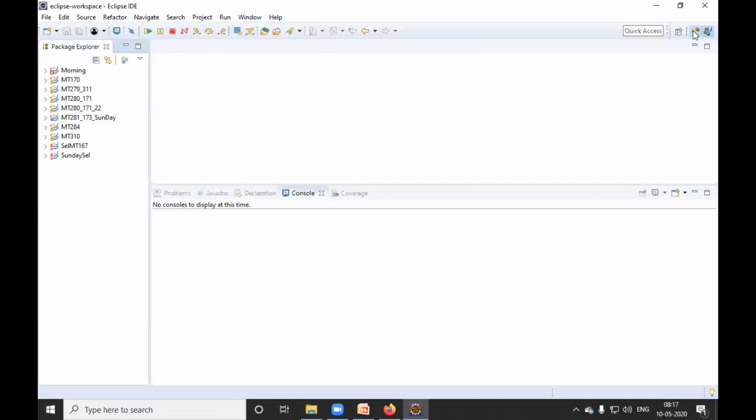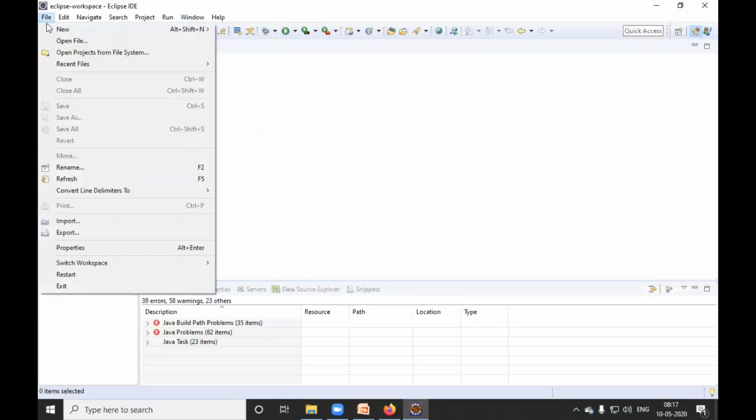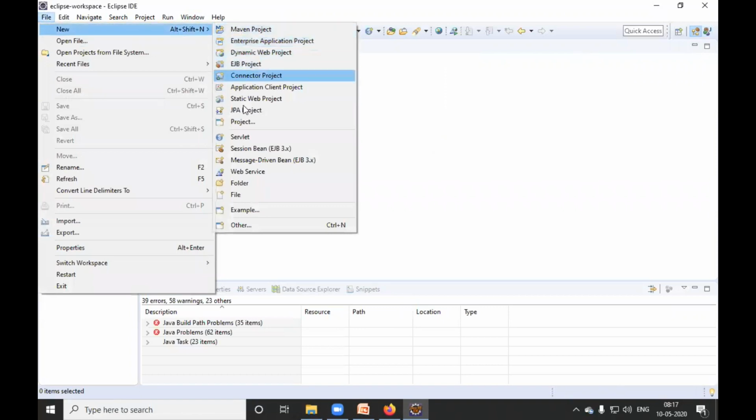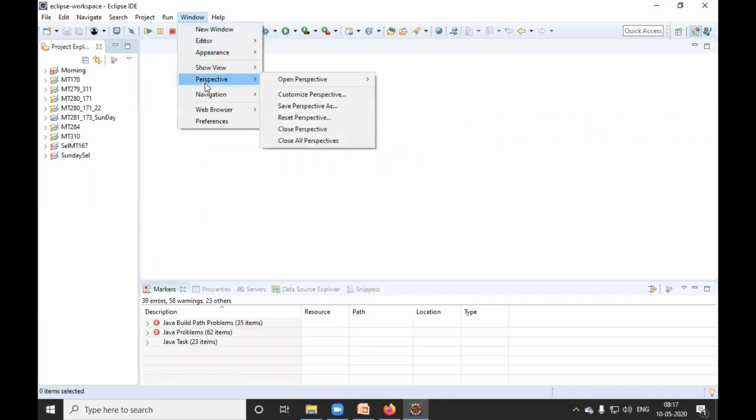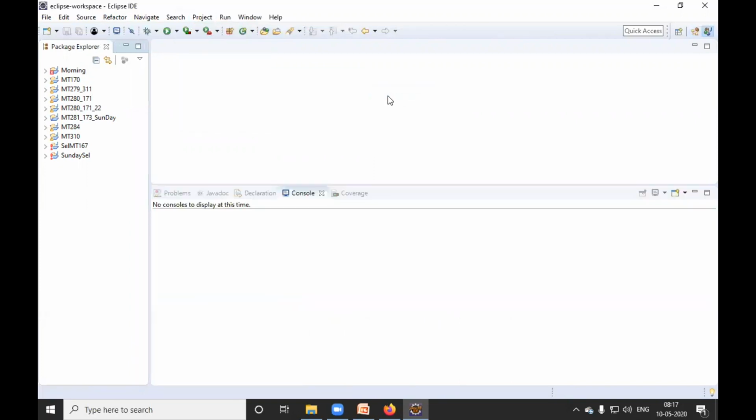Suppose I'm changing my perspective to something different. Currently you won't be able to find the Java project here. You can see you are not able to find the Java project. This is for Java EE, and this is for a normal Java project. So if you want to change the perspective, go to Window, and in the perspective you can open perspective, and here you can find Java. So currently it is Java.